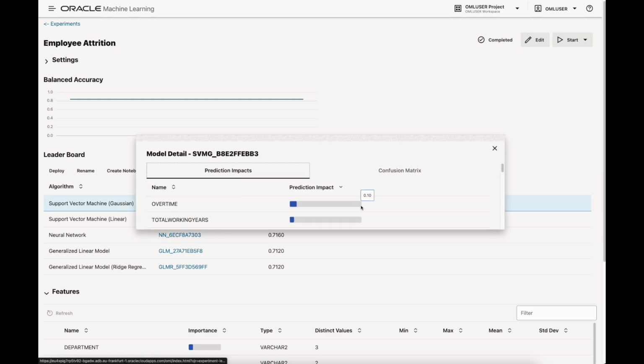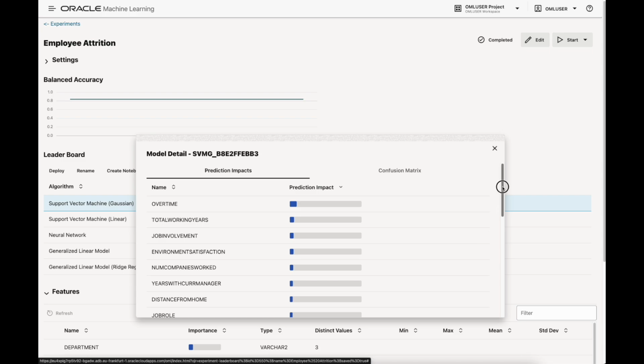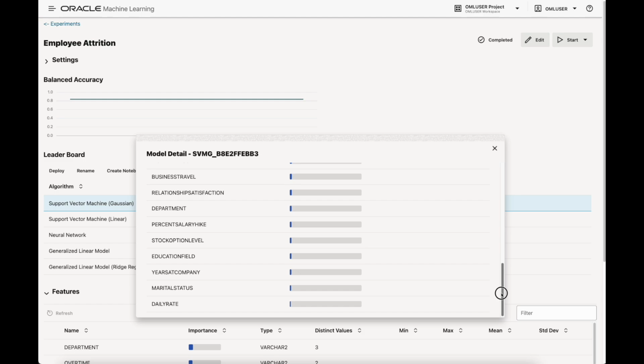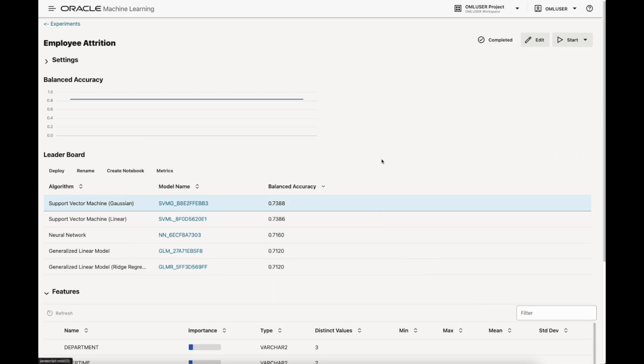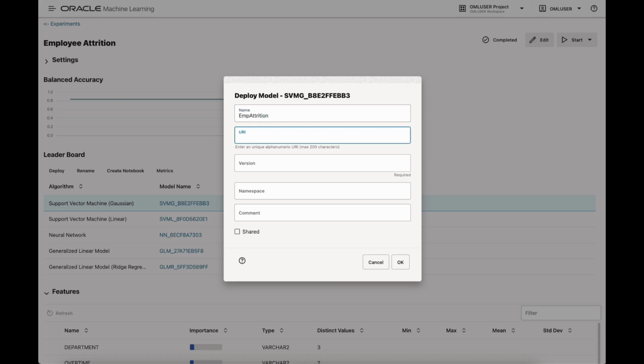And if we click into it, we can see the various data points that actually drive the prediction. So here, there are several data points that can help influence it, including overtime, total working years, and job involvement, which are the top three. So that's pretty good. What we'll then do is deploy this to a REST API endpoint so that we can call it externally. For this, we give it a name, which I'm going to call emp attrition, nice and short and sweet. I'll give it exactly the same name to the URI that we'll call,